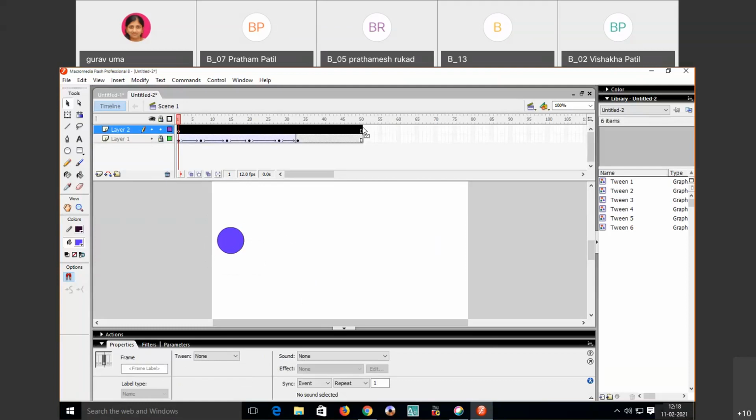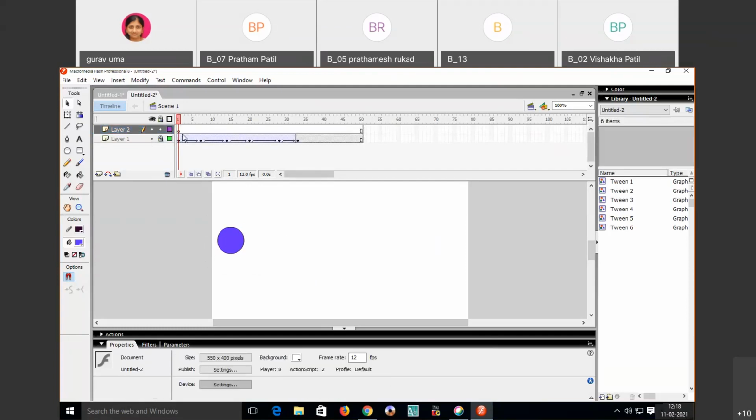My frame size is by default 50 because I have set it in the first layer itself. Now no need to set a frame size. Now see here, my keyframe is at the first position. Now you can draw whatever you want here.